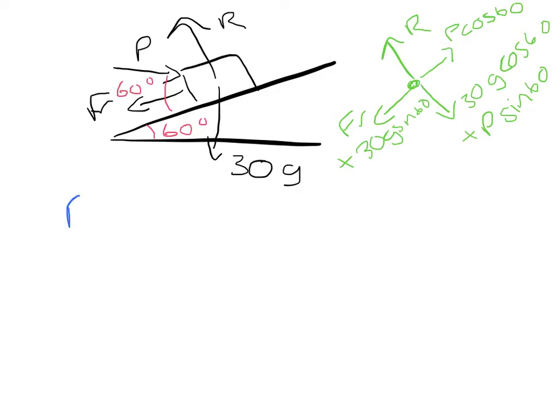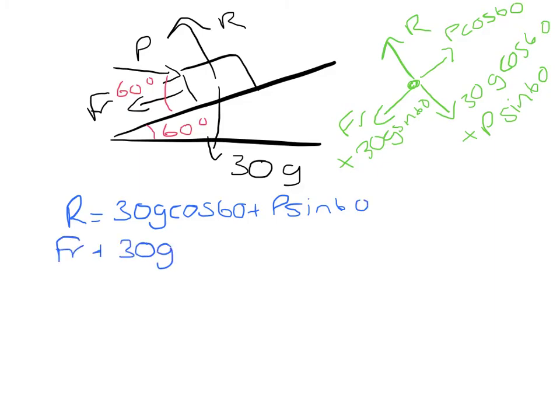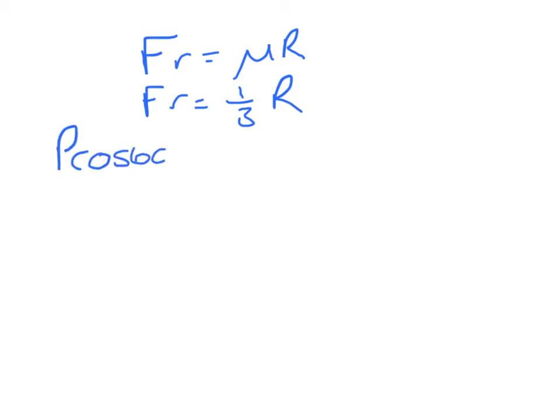Using equilibrium, R has to equal 30G cos 60 plus P sine 60, and friction plus 30G sine 60 has to equal P cos 60. Going to use friction equals mu R, and we're told in the question that mu is 1/3, and substitute in my two equations. Friction is P cos 60 minus 30G sine 60